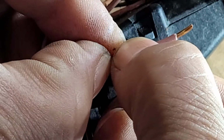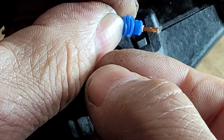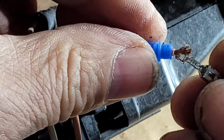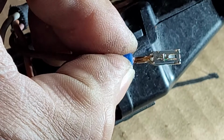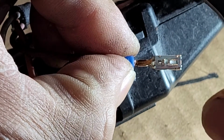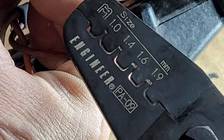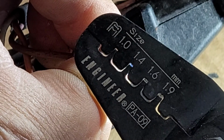So you put the weather strip in there beforehand, and you slide it about there. Then you grab your terminal, and you hold it like that, and simply grab your pliers here. And this one we're gonna use